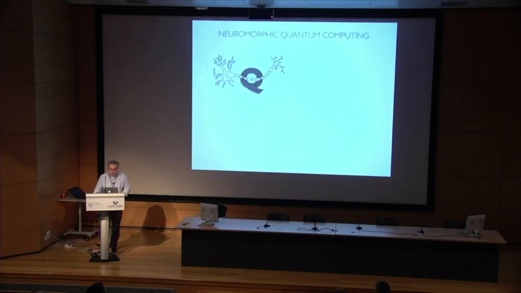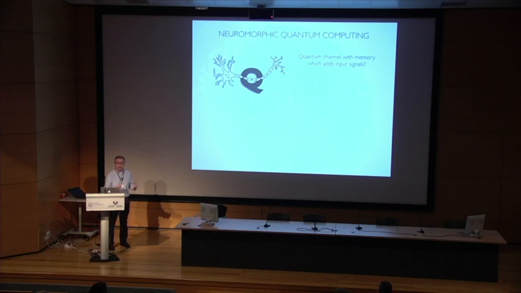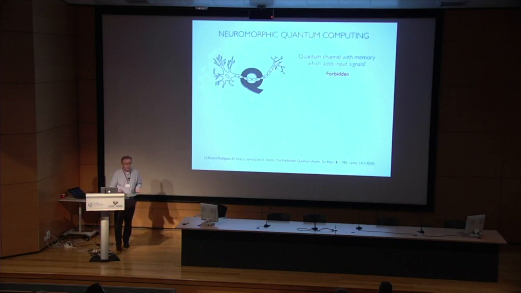If we want to do neuromorphic quantum computing, if we want to be inspired by the way that the brain works or that life works in quantum computing, there are a number of things that one has to address. Because the fact is that these machines are channels where you add input signals and propagate them to a different place, and they have some memory of how they have been activated. So we would need this kind of adding inputs, we would need memory, and those are things that seem hard to do in a quantum context, seem to be forbidden in particular.